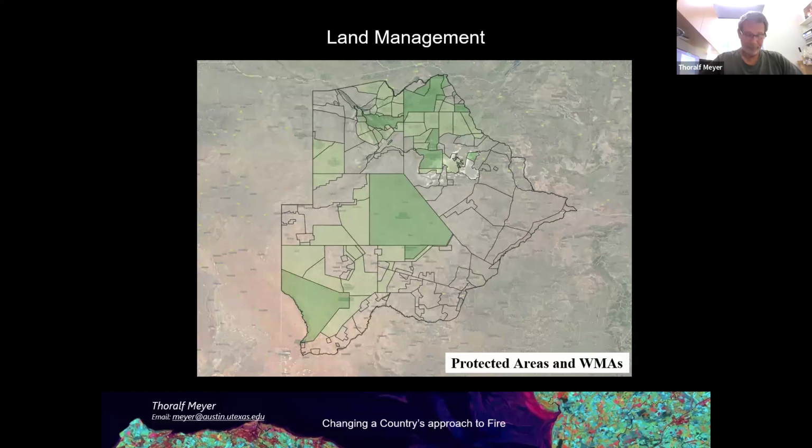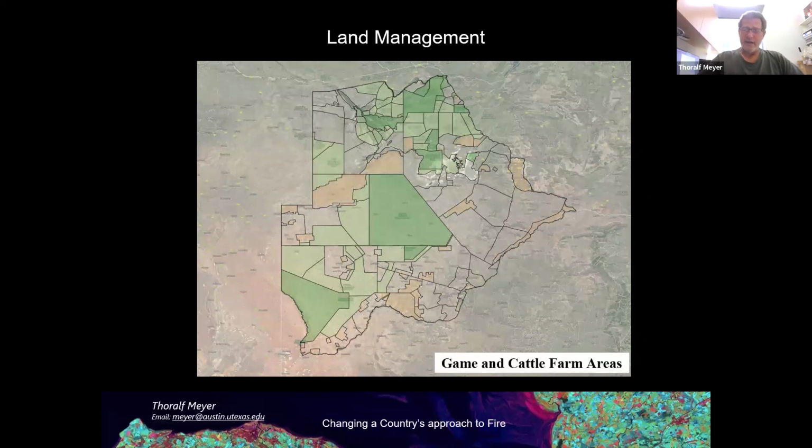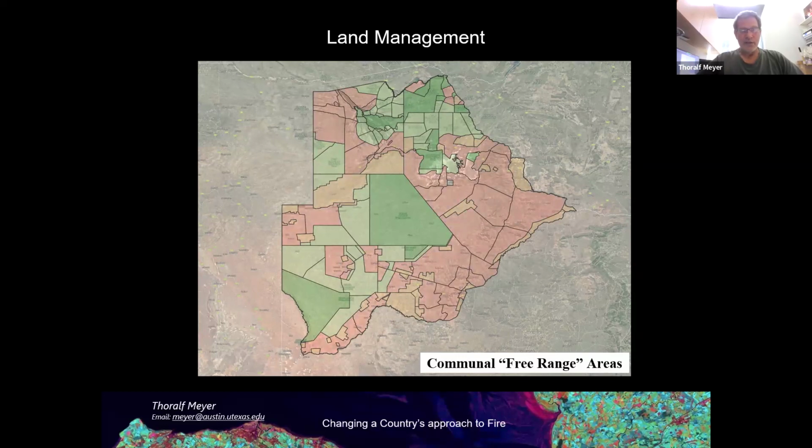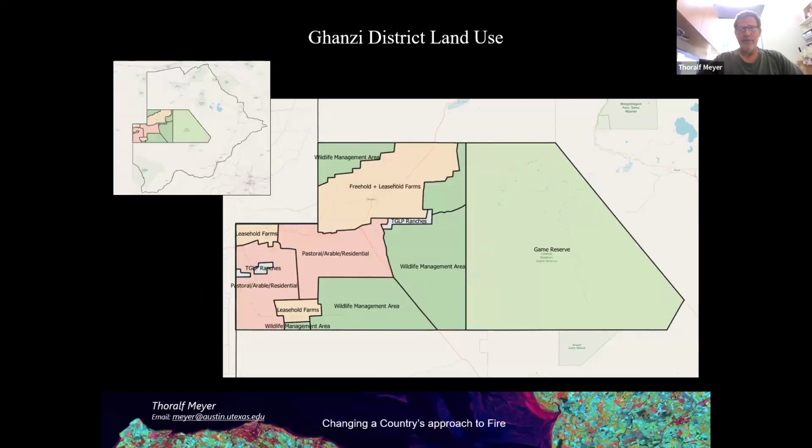It's almost all connected. But apart from our protected areas, we have cattle ranching areas, in this case in brown, and we do have communal free-range grazing areas where local communities graze their livestock. Now, in our case, we focus on one particular region, called the Ghanzi district, with one of the largest wildlife reserves on the right, that's Central Kalahari Game Reserve, a couple of wildlife management areas in green,